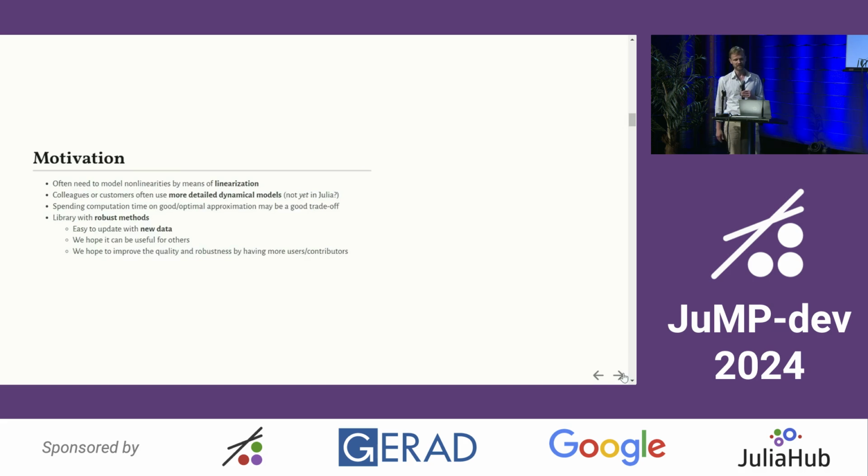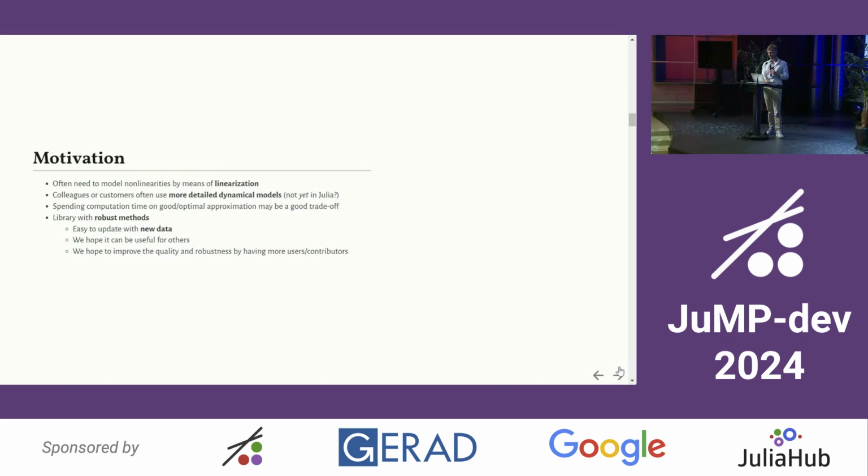And we found that it's nice to have a library to do this, so it's much easier to update our approximations when we get updated data. Maybe they did some new experiments, or they updated their model or something. And we hope that this can be useful for others as well. And also we hope that by sharing it, we can get some feedback from others trying it out, and maybe improve